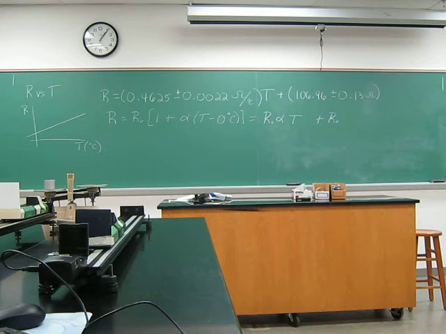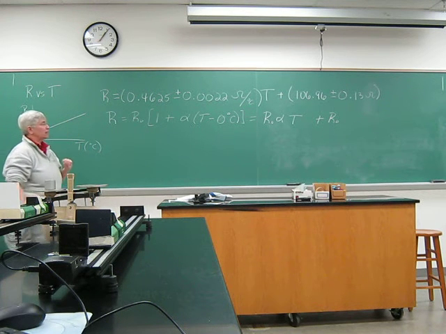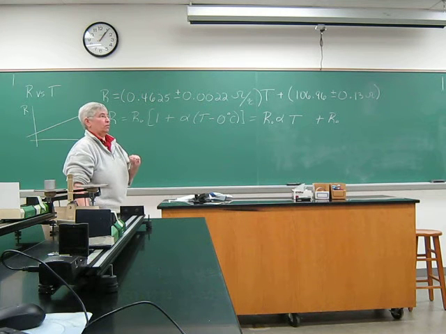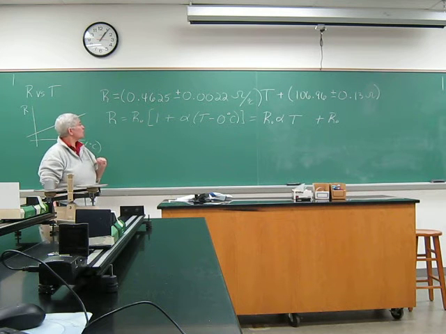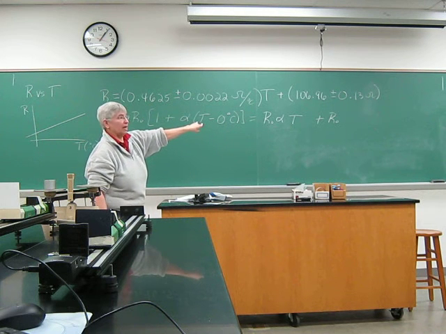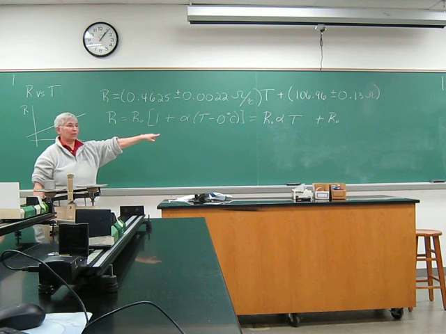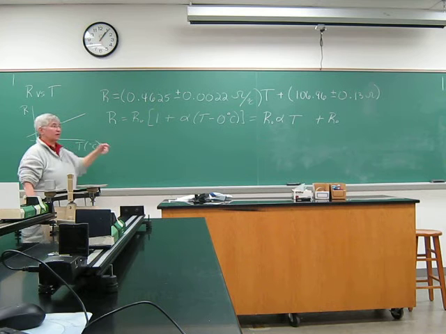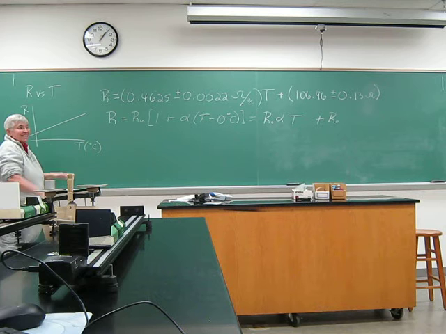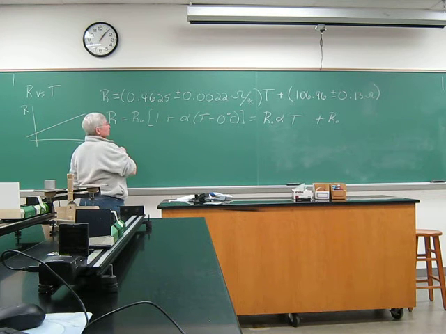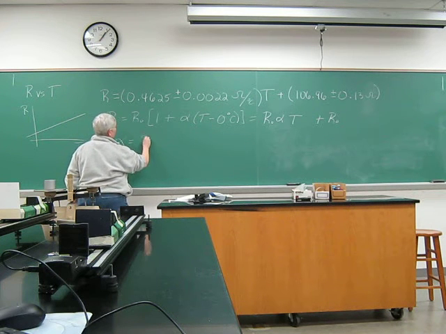Okay. So my R0 is 106.96 plus or minus 0.13 ohms. So not only do I know what R0 is, I also know what my uncertainty is. My slope is going to be R0 times alpha. So now I only have to do one error propagation calculation, whereas if you had done the delta R over R delta T, you would have had to do two. It's not saying it always works out that way, but I can now find alpha as the slope